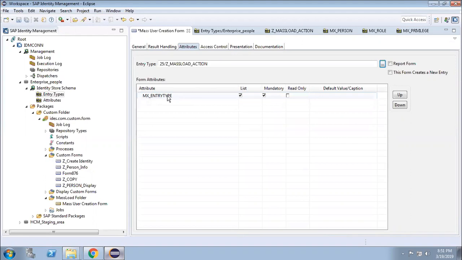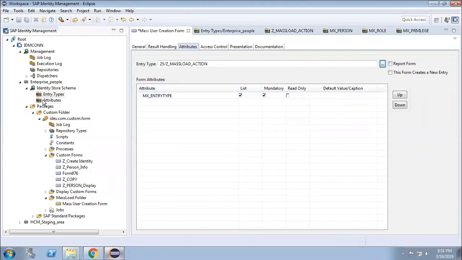I need something that will allow me to upload a file. You got my point? So in order to do that, I need to create one attribute.